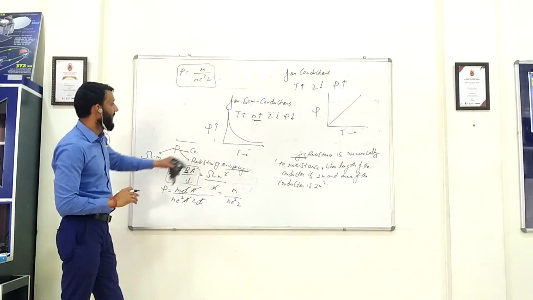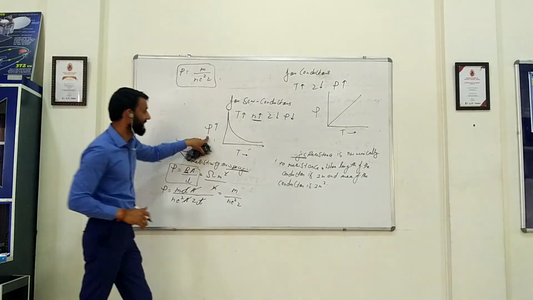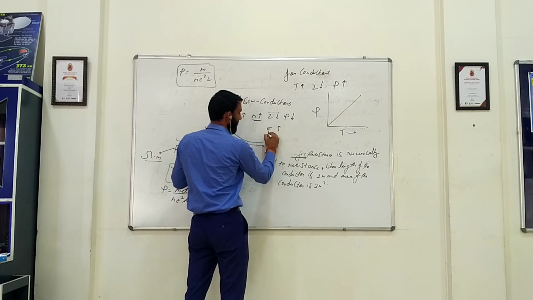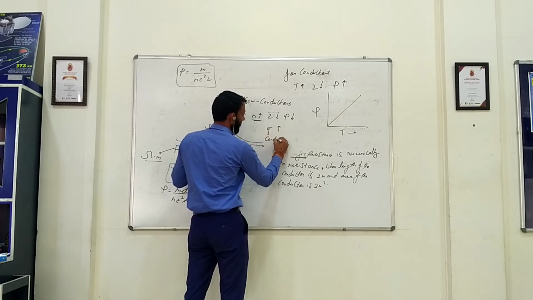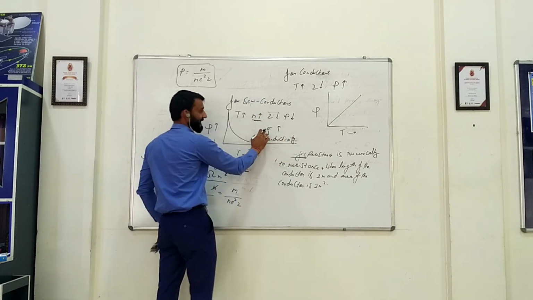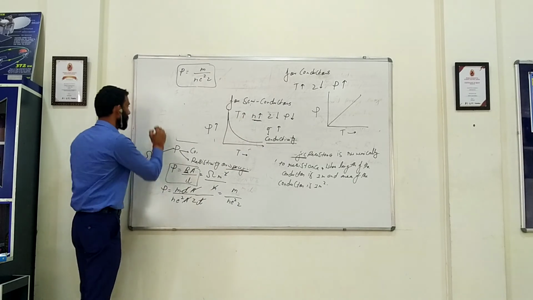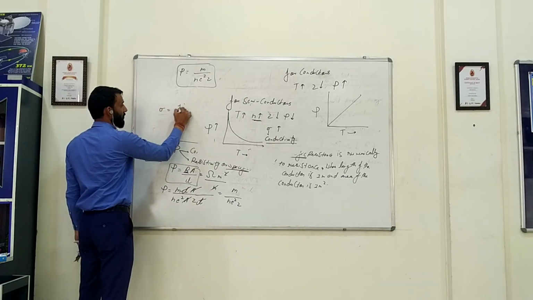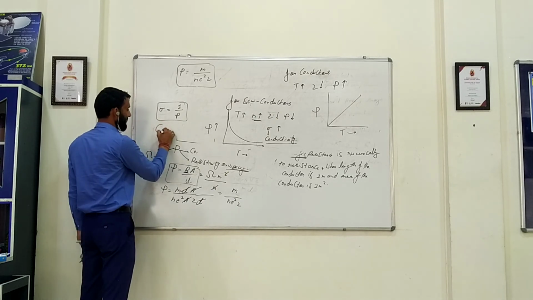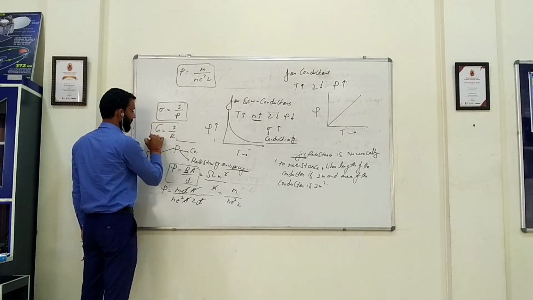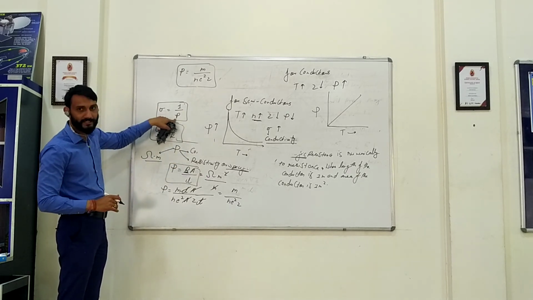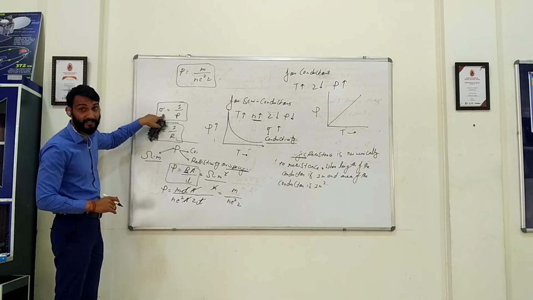Alright? And if resistivity decreases, there is something known as conductivity. This sigma, this is conductivity. It will increase. What is conductivity? Conductivity is nothing but the reciprocal of this rho. Sigma is the reciprocal of rho. Right? Like G is 1 upon R. R is resistance, G is conductance, rho is resistivity, sigma is the conductivity.